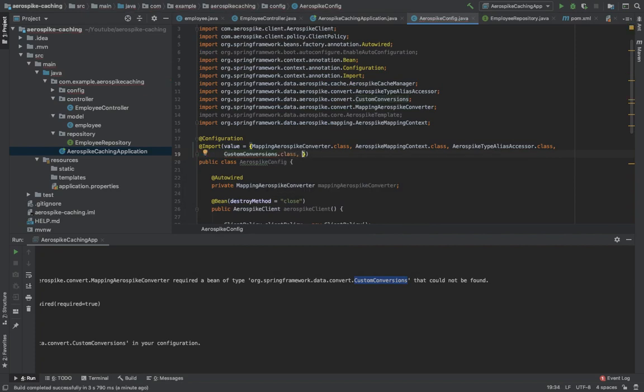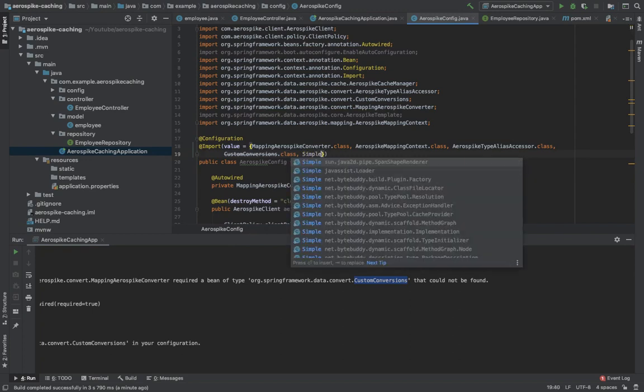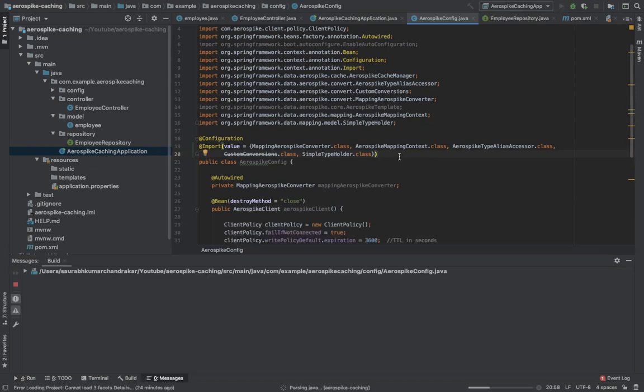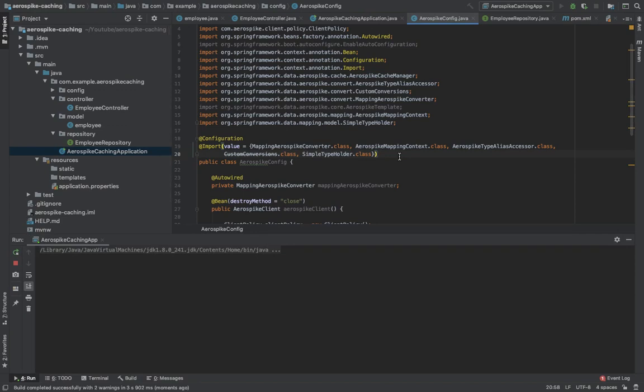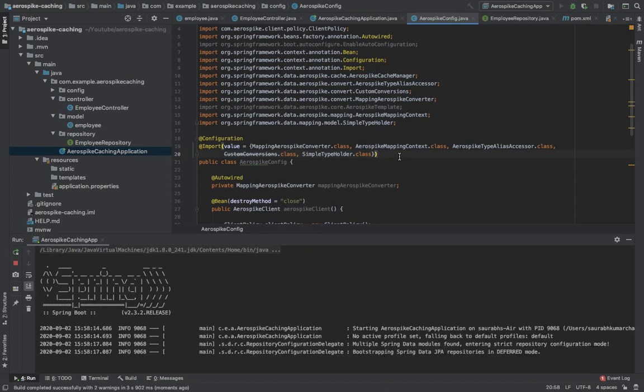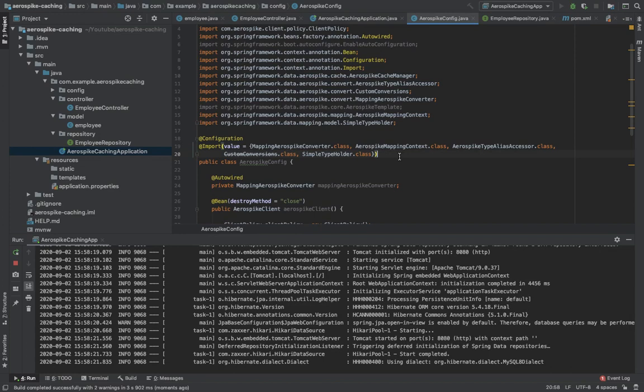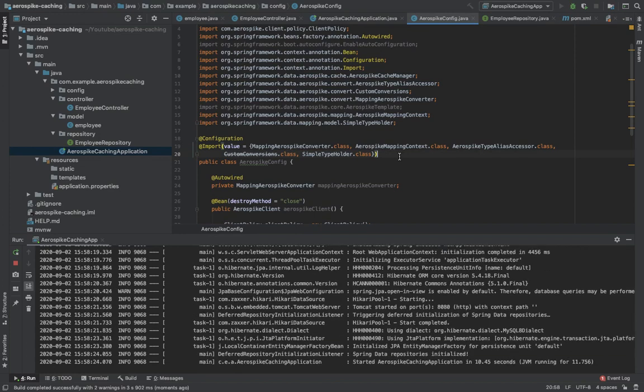And since we are importing this class, we also have to import a type holder for this converter. Okay, now everything looks fine. So let's run it. Yeah, now it's working.